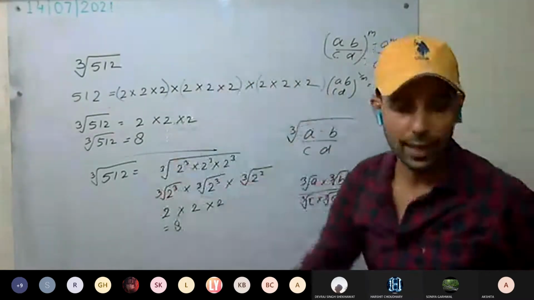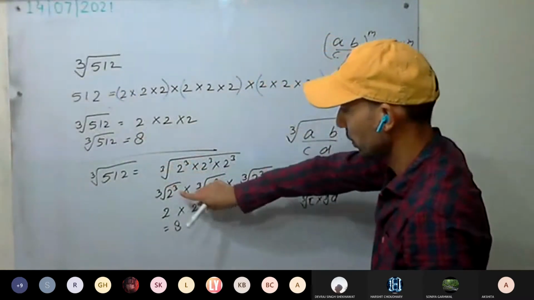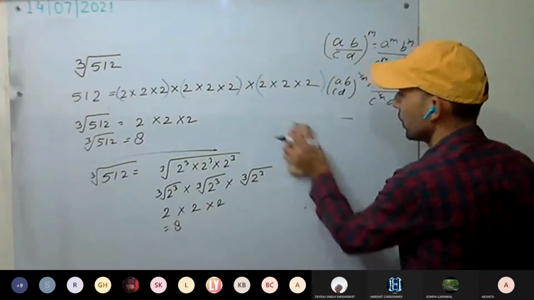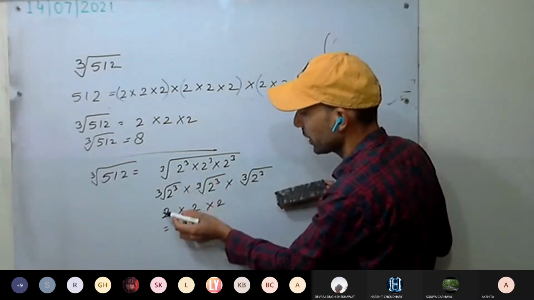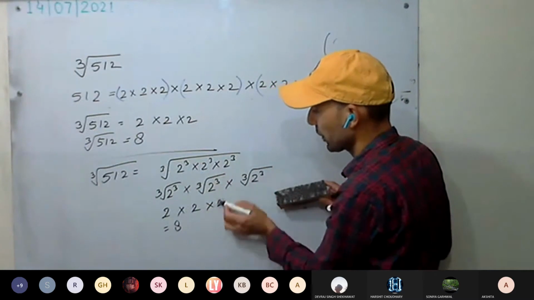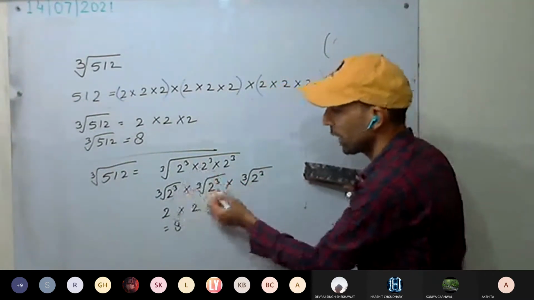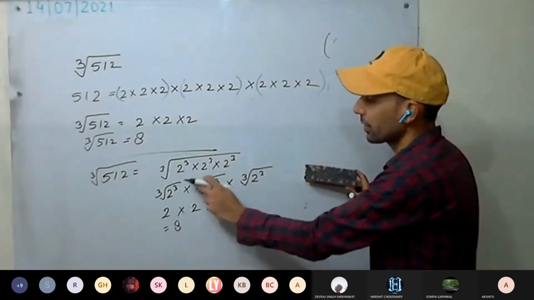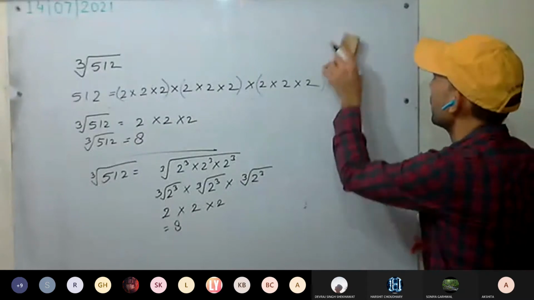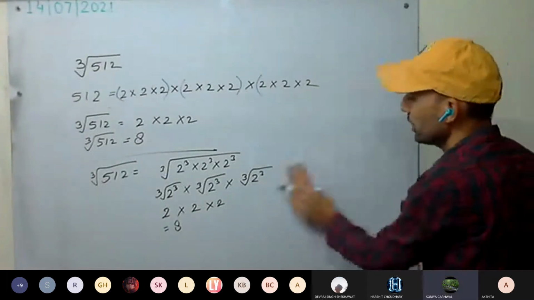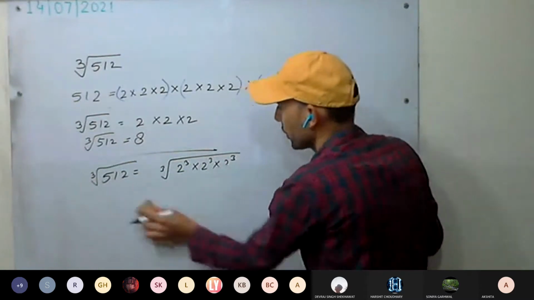So you can use any method. The very basic, you can use this method. If you want, you can use this method. It's up to you. Or you can simply take one out here. Direct from here, 2. Direct from here, 2. Direct from here. You can skip this step as well. But just to tell you that we can write this as well, like this as well. We can write this expression as this as well. Clear to all? Okay, do the next one. This is the most basic method we usually do. Okay, do the next one.